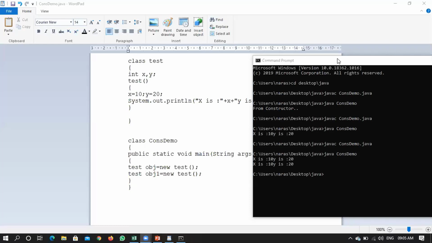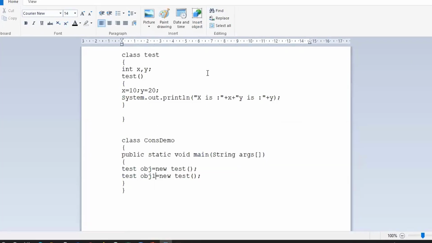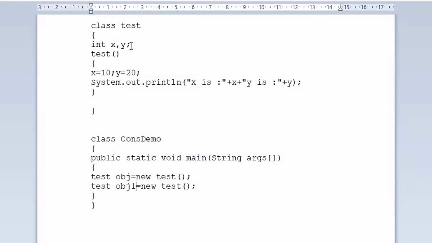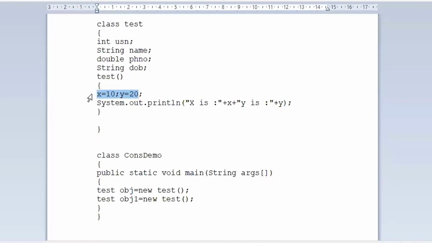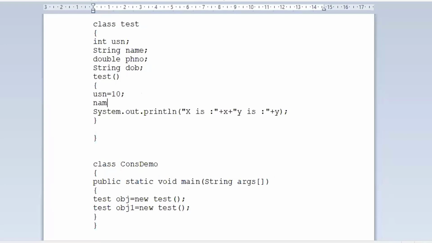So let us slightly modify this particular program with respect to the statement we have said. Now my intention is to put values for these particular instance variables, something like this. USN is equal to 10, and name I want to give as ABC.